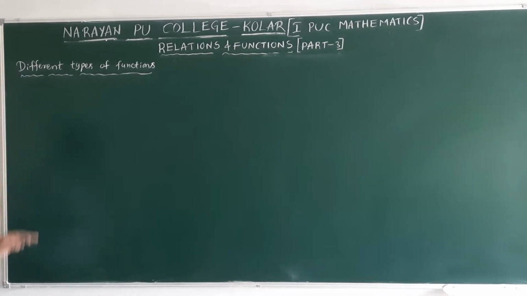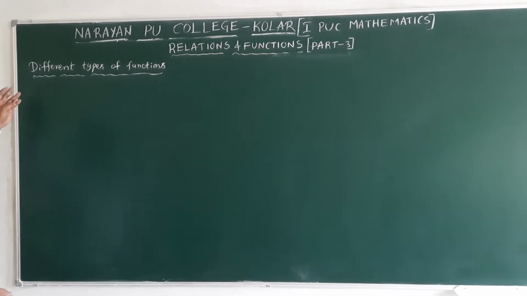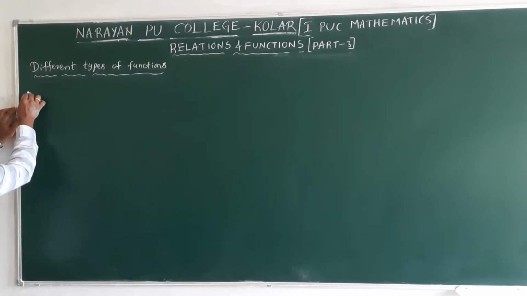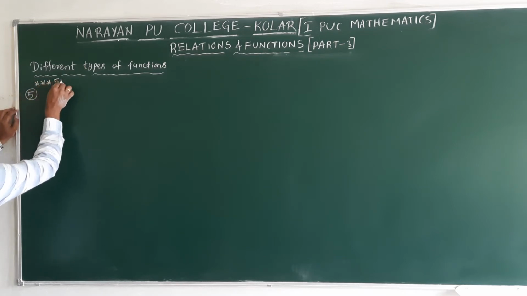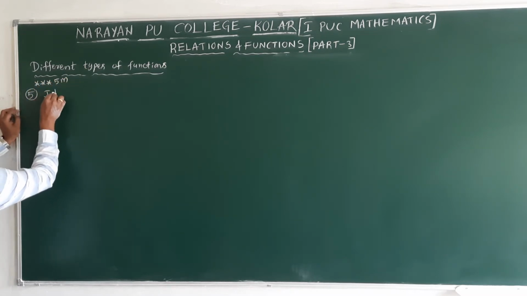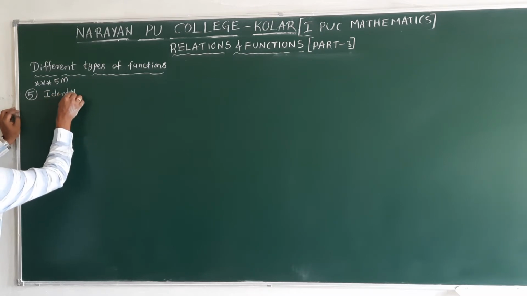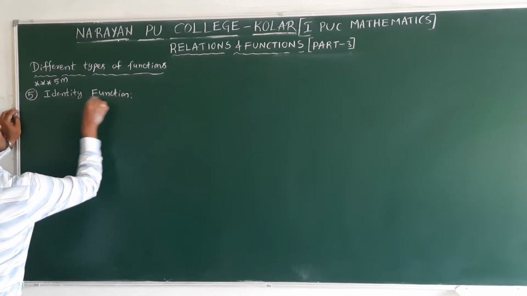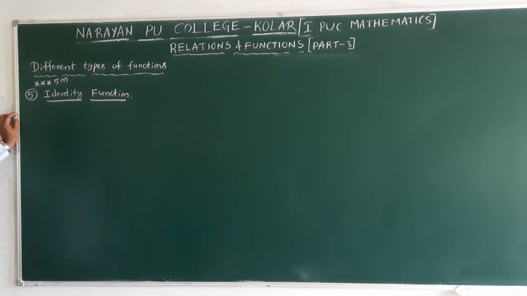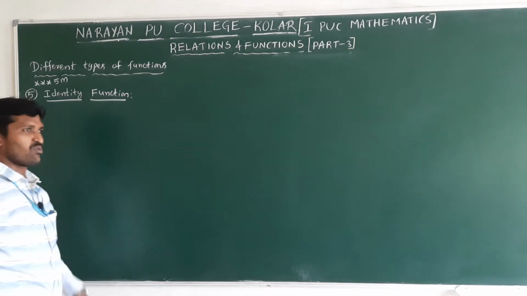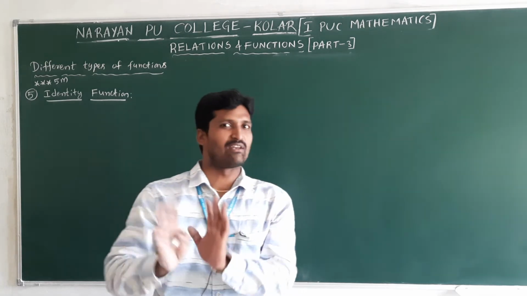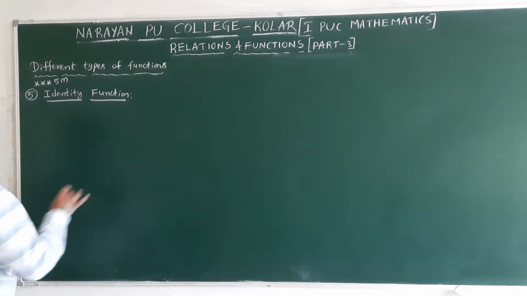Okay, how many functions are over? We have done real valued, polynomial and rational. 4 is over. Coming to the 5th one, this one is important for 5 marks. Identity function. Now what is the actual definition? Identity means what? Whatever x we take, y also will indicate the same. Identity means it is not changing value again. Okay? Simple meaning of that.